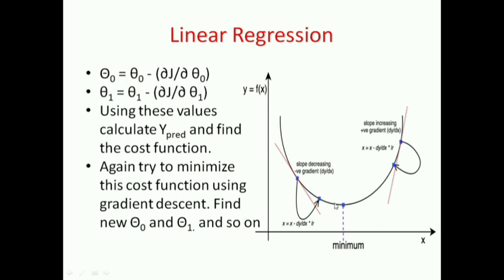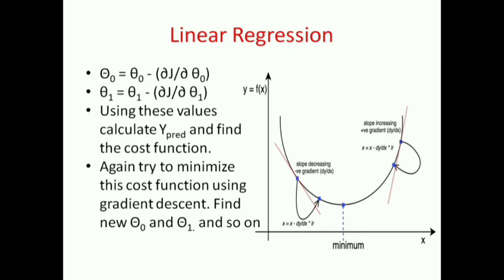And what if theta is on the left side? Suppose here the gradient will be negative. So if you use this equation to update our theta, theta naught is equal to theta naught minus some negative value. So we can say the value will be increasing. That means we will move towards the right. That means we will move towards the minimum. So wherever our theta is, using this gradient descent approach, we can approach the minimum.